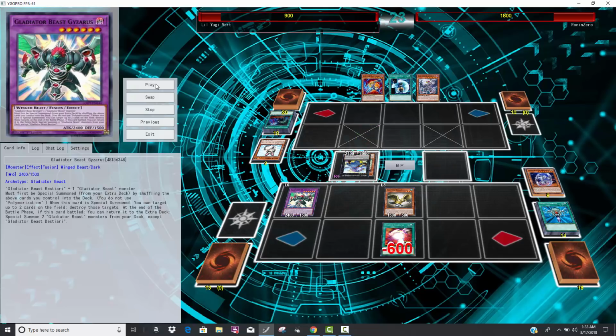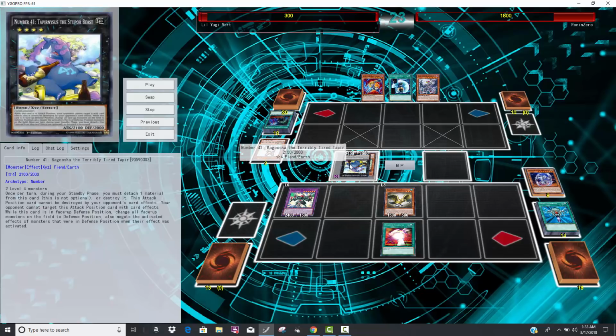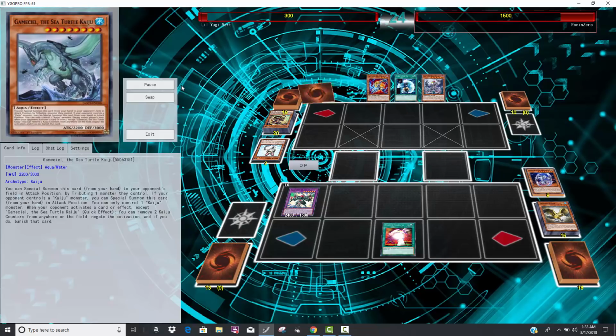And this is the misplay, right? I think this misplay actually cost him the game. He's attacking with Gradle Eagle into the 41, but I don't think he realizes when 41 is in attack mode, it can't be targeted. It might need to have materials, but no, I don't think it even needs to have materials. I think it's just when it's in attack mode, you can't actually target it. So he basically gets nothing out of that, and he just takes a bunch of damage,